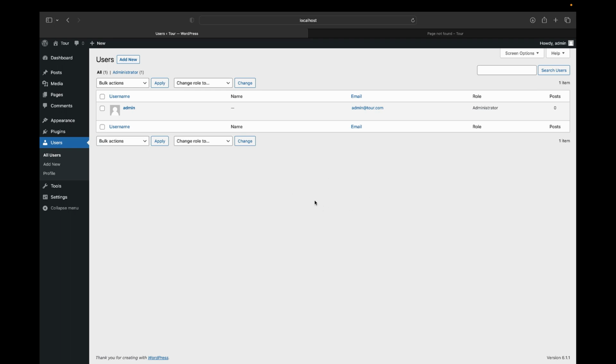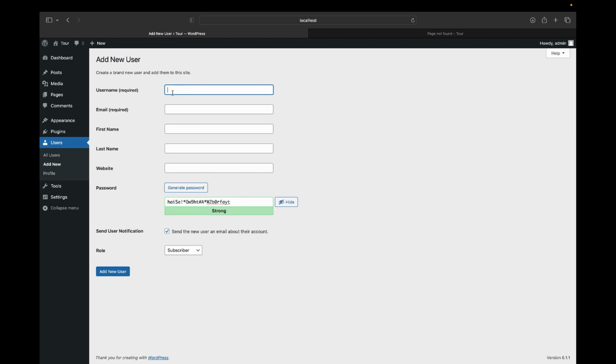Administrator has full rights to do whatever on the site, and then you can add another user by simply creating a username. Let's just call this user1. You have to put in an email. Let's just put a dummy email, user1 at email.com, like that. Then first name, user, one like that. The website is not necessary, but you can add that if you want to. I just feel that it's WordPress trying to get more information from you. The password as well, you can set the password,